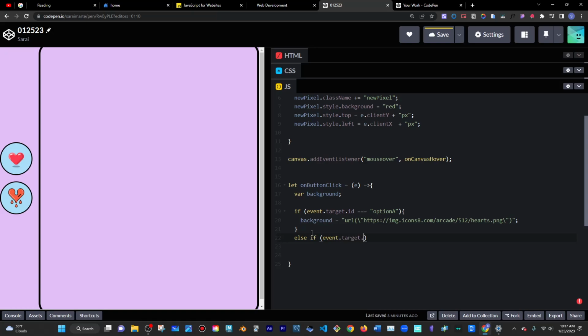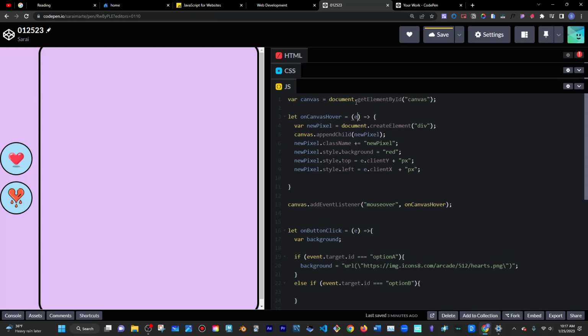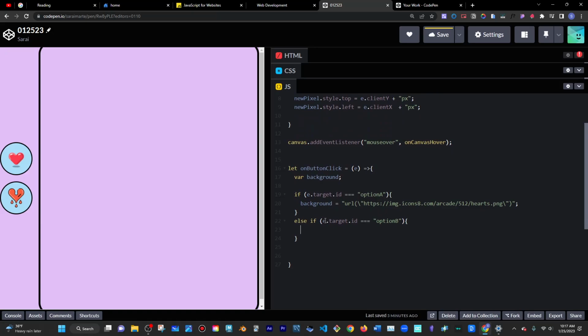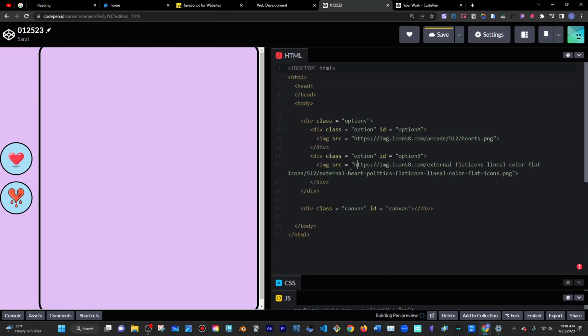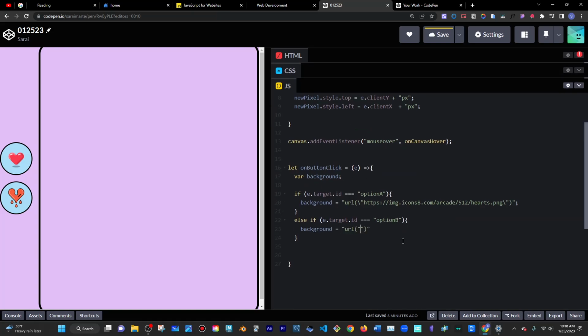And then else if the event, so I'm accessing basically the properties of like the event. So if the event.target.id is the same as option B, I should study this a little bit more to actually really understand what I'm doing, but I mean, by studying this a bit more, I mean this event.target ID. I really need to study more for the events, like, and it's E, not event, because I used E here. If it was event, then I could have used event, but I'm doing E. Anyway, I need to get into this more, but the idea is kind of the same. So then if it's this option B that I'm clicking on, then I want the URL for the background